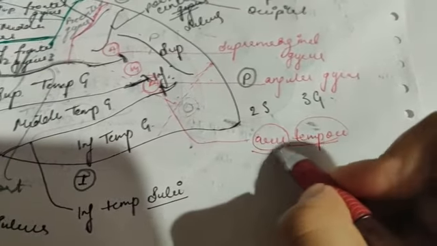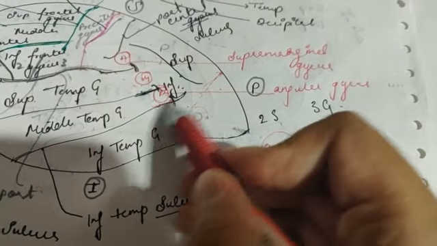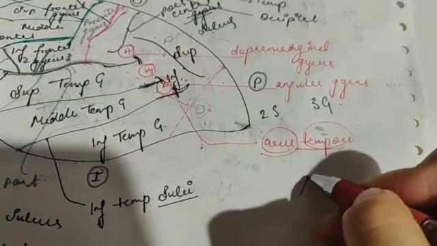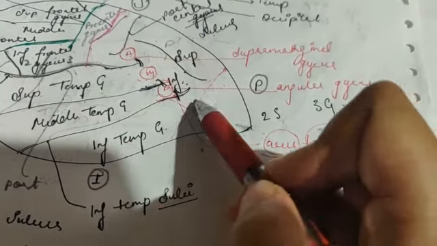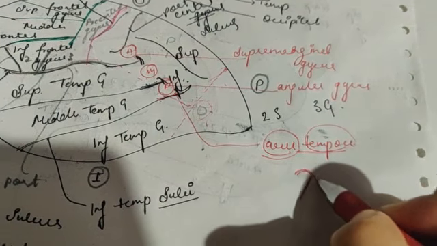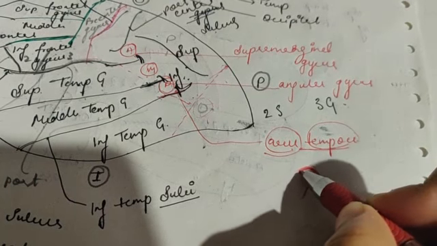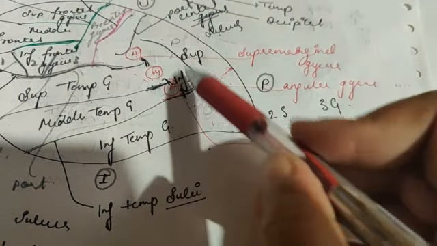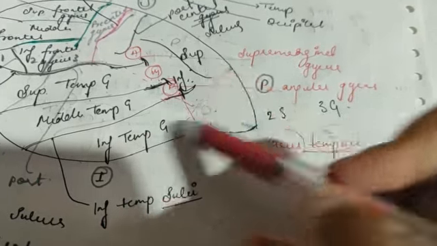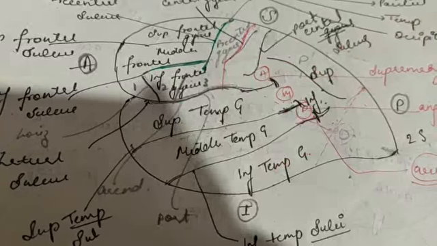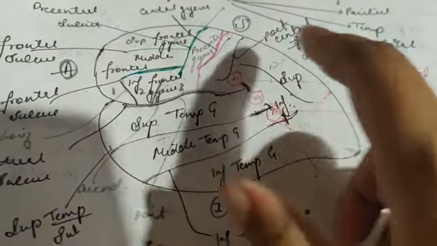Now why are they called arcus? Here we can see the sulcus. This is a sulcus that is extending from the temporal lobe, and around that is the arcus. The area around this is known as these gyri in the parietal lobe. So that was all about the parietal lobe.